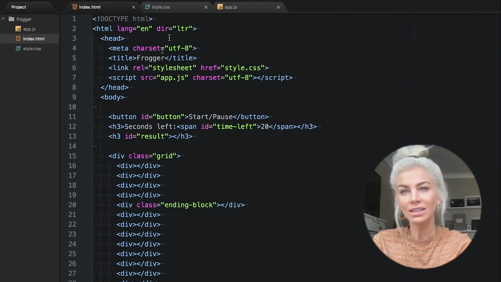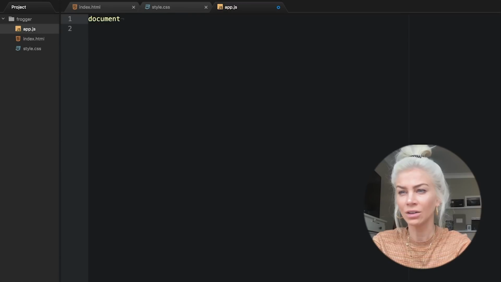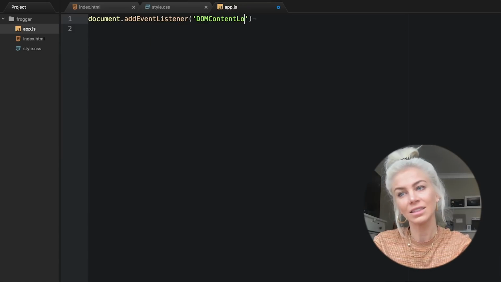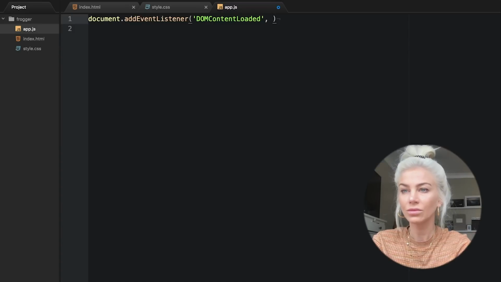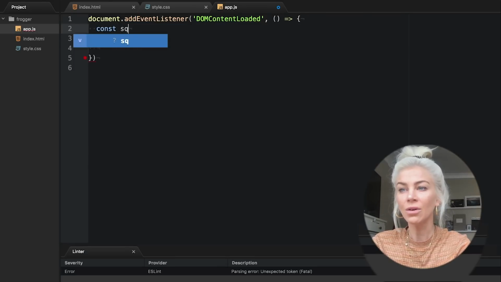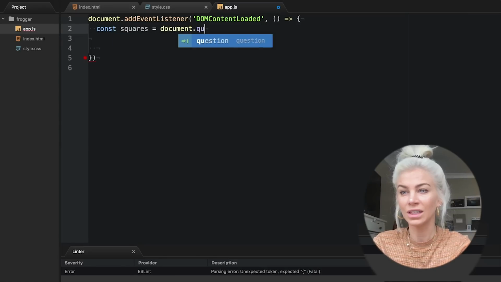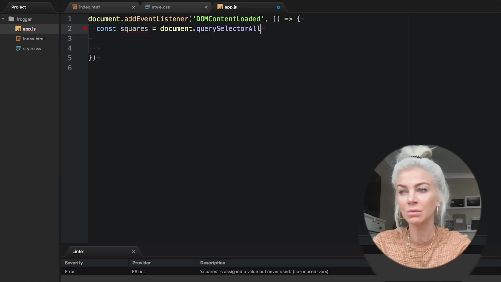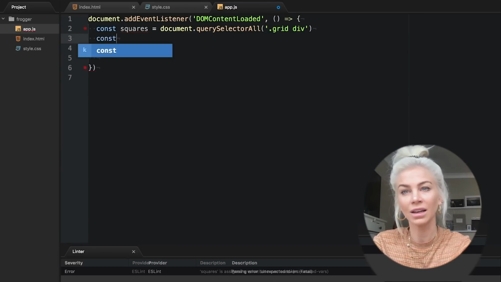Okay, now let's add some functionality to the frog that we have hard-coded. Not hard-coded, but we'll add to our HTML using JavaScript. Flip over to your app.js file and add an event listener like this. Okay, all our code will be done in this event listener. Now let's pick out elements from our HTML file using constants and query selectors like this. Note how we use query selector all for the divs inside the div with the class name grid. This is because we want all the divs in there. And also see how we use dot for class names and hashes for picking out IDs.